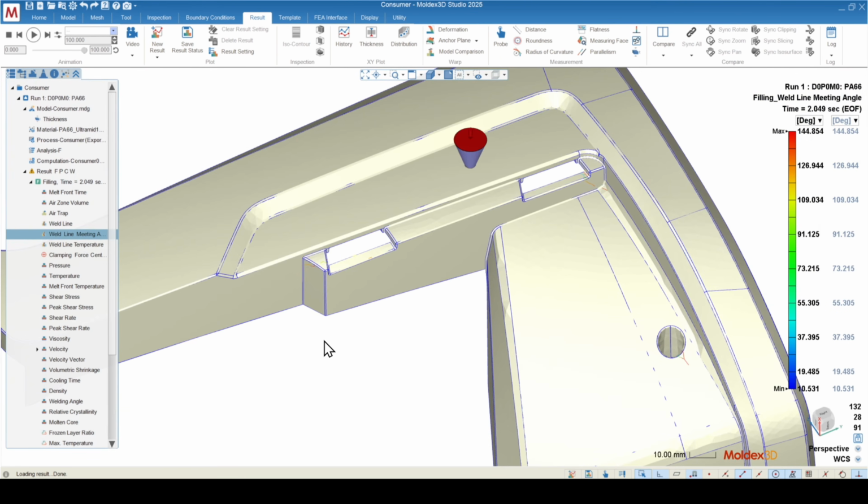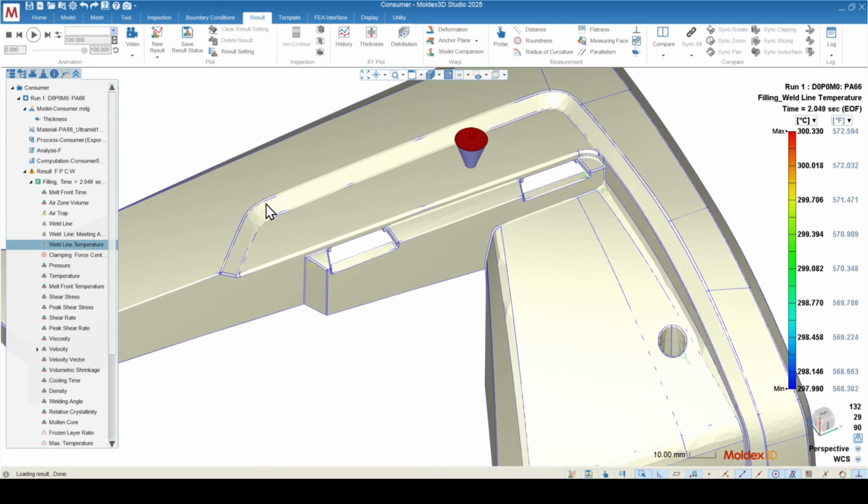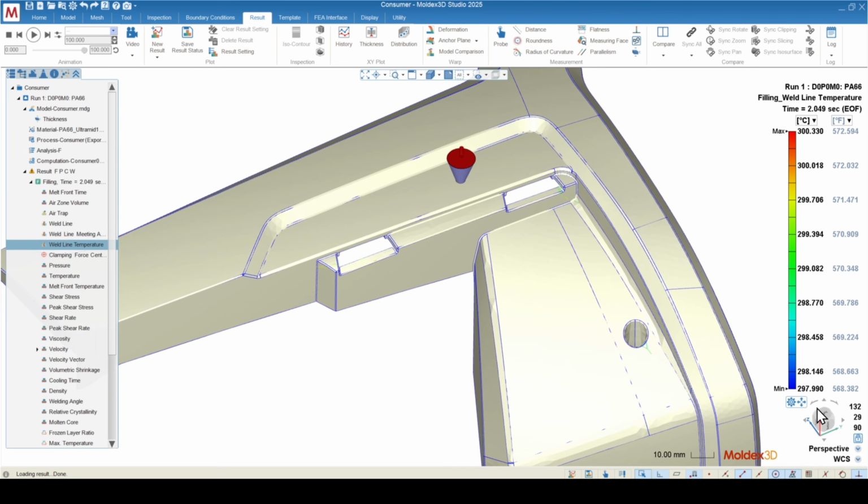The other indicator for us is going to be weld line temperature. Weld line temperature is more of an aesthetic property. A colder weld line is more likely to show on the surface of the part. A hotter weld line is less likely to show. And the reason for this is actually very similar to the mechanic that I just mentioned in the weld line